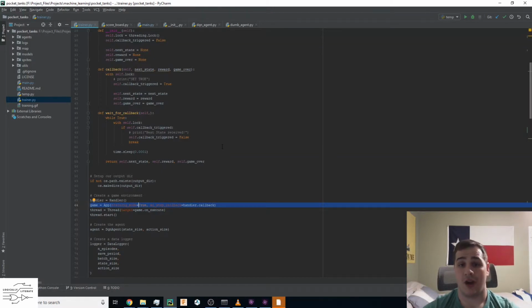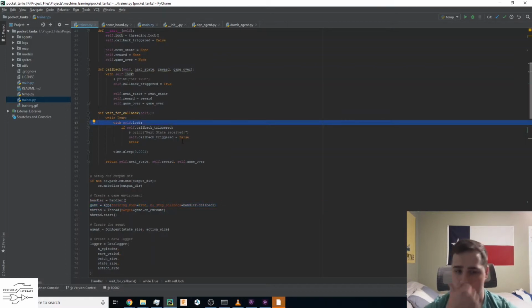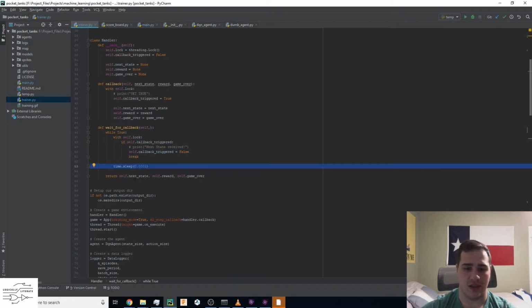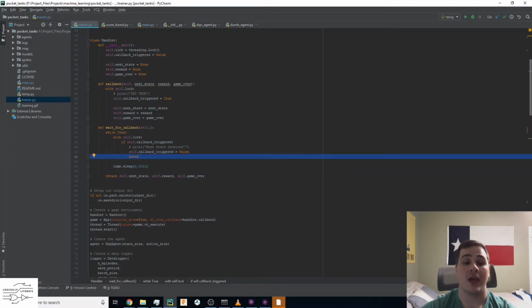When we are waiting for a callback, it's a glorified while loop that, again, grabs the lock. This time it's a different lock. This lock is local to the handler. But it grabs the lock, and if that callback was ever called, if it was triggered, then it breaks out of the loop, and then it returns the next state, the reward, and the game over Boolean. This return here looks a lot like